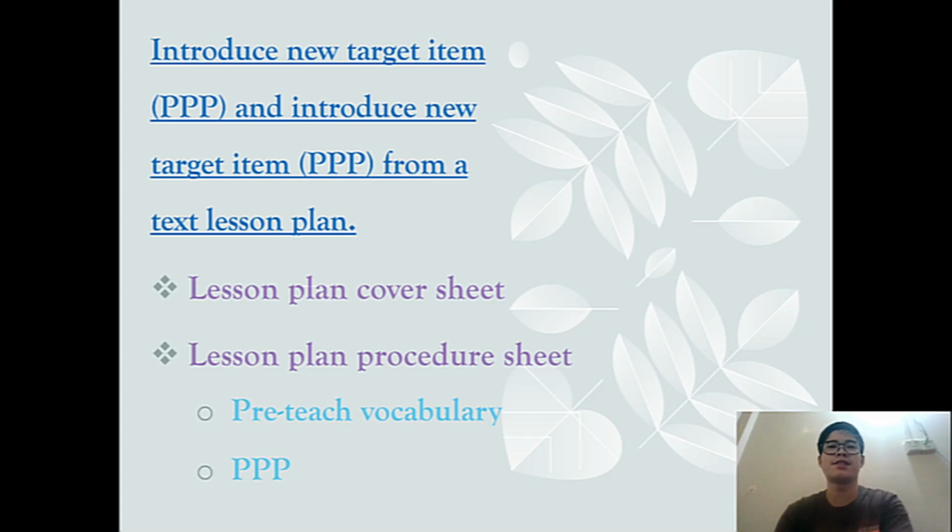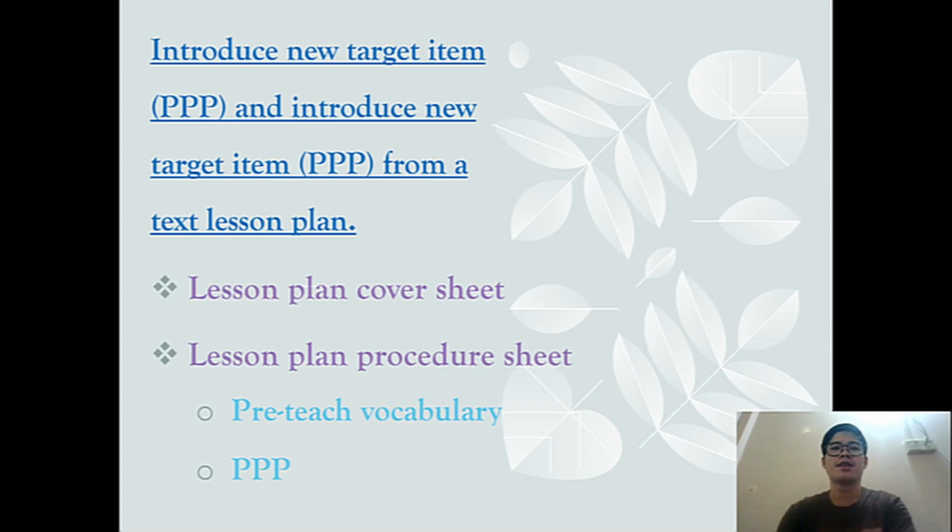For the second sheet, I'm talking about the table in the lesson plan procedure sheet. There are 6 columns in the table, such as stage column, material column, time column, interaction column, procedure column, and